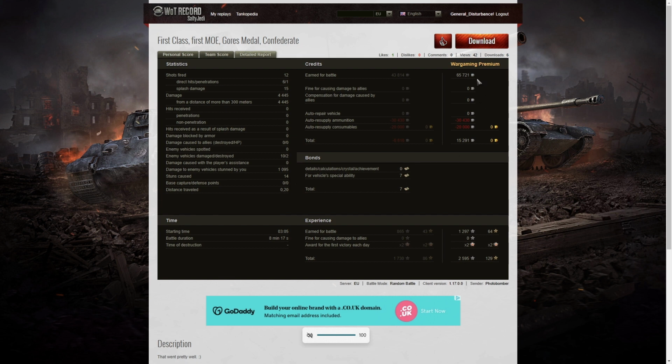On a premium count, he earned 65,721 credits from the battle after ammunition and consumables took away 15,291 credits profit. It was a tier 10 game, so he got 7 bonds and 1,297 XP for the battle, times 2 for the first victory,